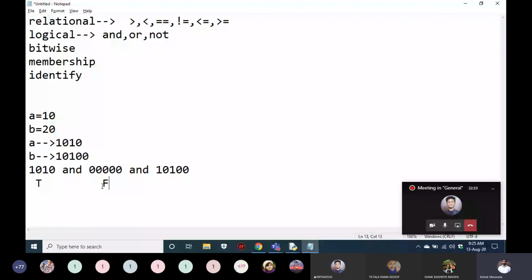See, this is false, right? I made not false. What is not false in the sense? It is true, right? That means I'm making this false into true. You know not true in the sense false, not false in the sense true, right? Generally, how will not work? Not is like a boy.